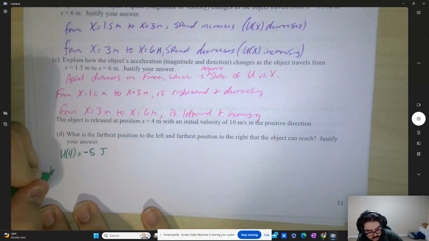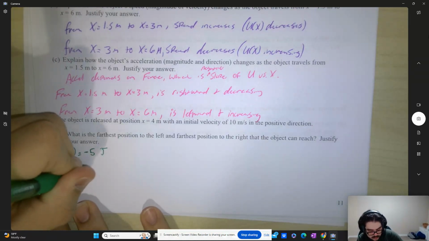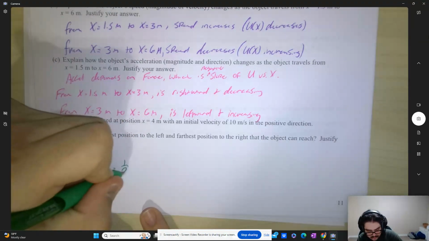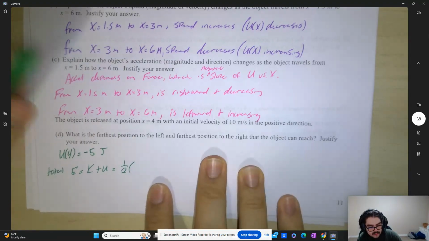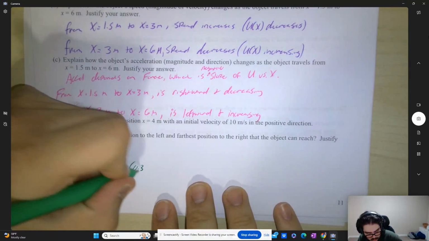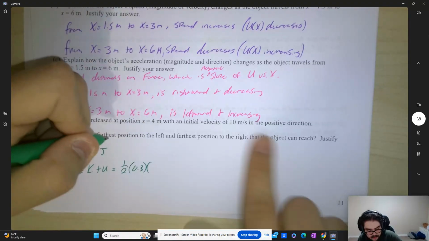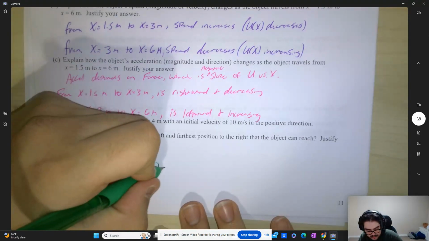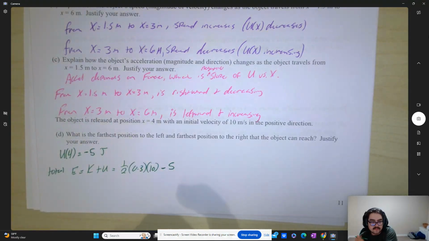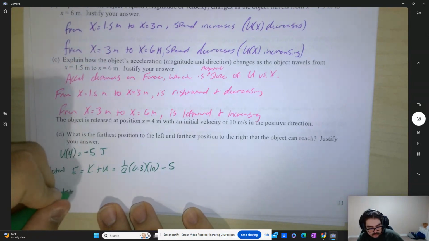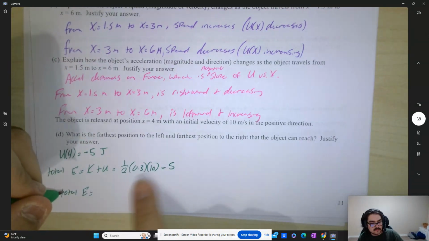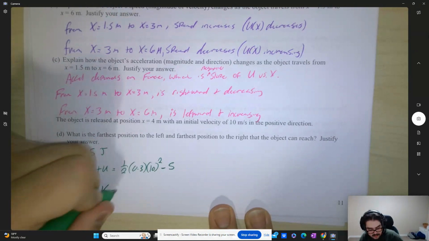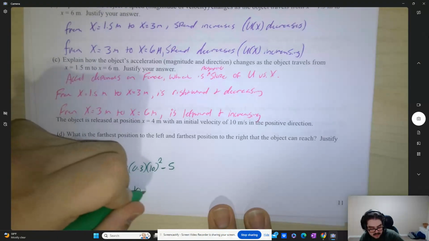So that means that the total energy has to be the kinetic energy plus the potential. That would be 1/2 the mass of the particle, which is given to me as 0.3, times the velocity of the particle, the initial velocity, 10, squared, and then -5 to get the total energy of the whole system. Oh, sorry, that should be squared right there. This is actually going to end up being 15 minus 5 joules, which is just 10 joules of total